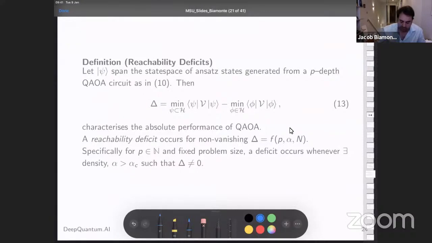Going a little bit further, this is the actual minimum energy that you're trying to calculate, what you actually get out of the algorithm. We're calling this delta, not to be confused with the gap, although you can think of it sort of as a deficit. And for a short-depth circuit, can you solve every problem instance? Of course, the answer is no. The circuit depth should scale exponentially, according to Grover's algorithm.